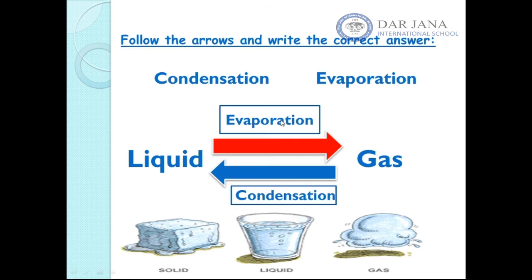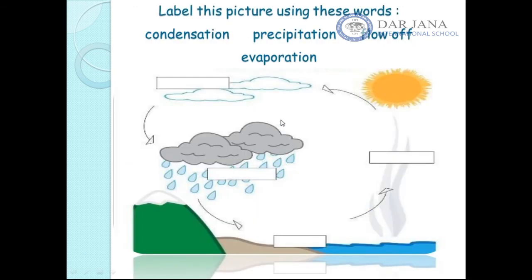Why are we learning these two words? Because they are very important for the water cycle, and this is the water cycle. Let me explain it briefly. We have here the sea. As you can see, the water of the sea is under the sun, and the sun's heat will start to warm up the water. And we all know that when the water is warmed and becomes hot, it will start to change into the gaseous form. So here the liquid water will start to rise as a gas, and we call it water vapor.